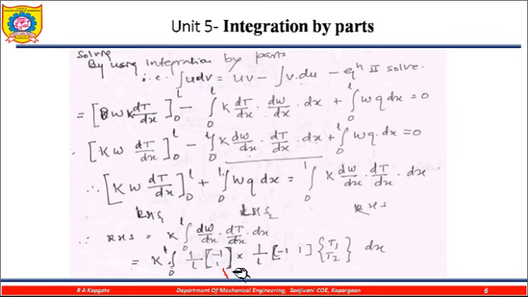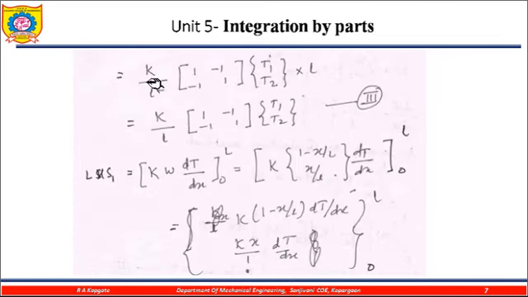This is the row, this matrix is row by column, 2 by 1, and this one is 1 by 2. Since these two terms are the same, the multiplication is possible. Finally we get a 2 by 2 matrix, 2 rows and 2 columns, because these ones are constant. So by keeping this outside,